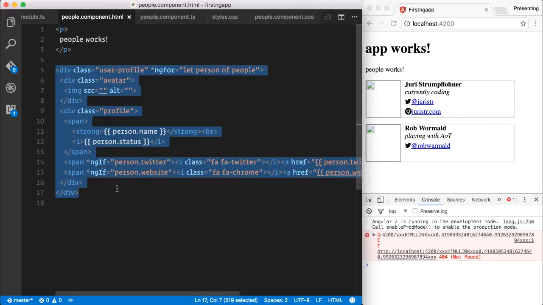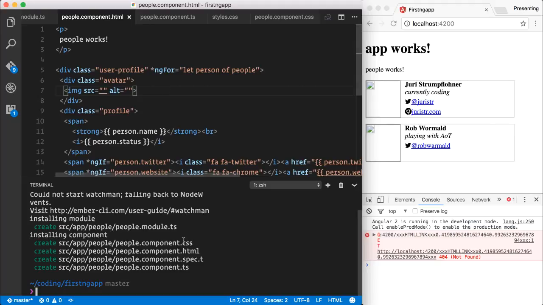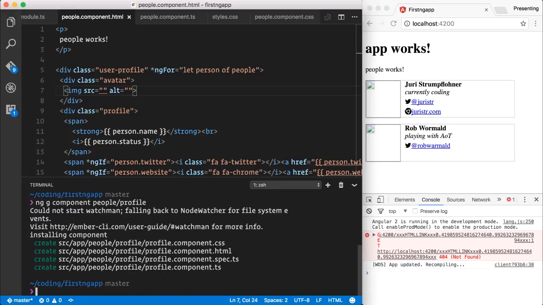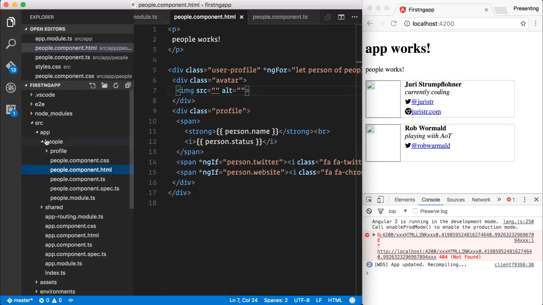Great, so you see now we have already quite some HTML code here. So this is a perfect moment for refactoring this into its own component. Again, let's fire up our terminal window here and use the CLI again. ng g component people/profile. So within that people module, we now create a profile component. As you can see, we don't create another module because that's not needed, because this is simply another component